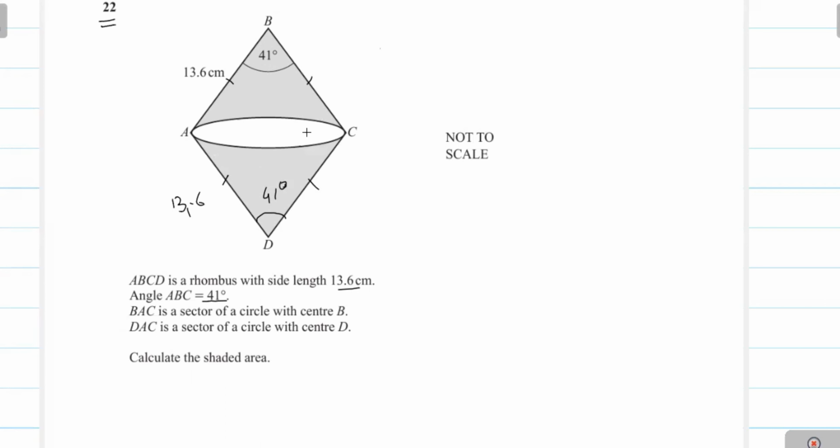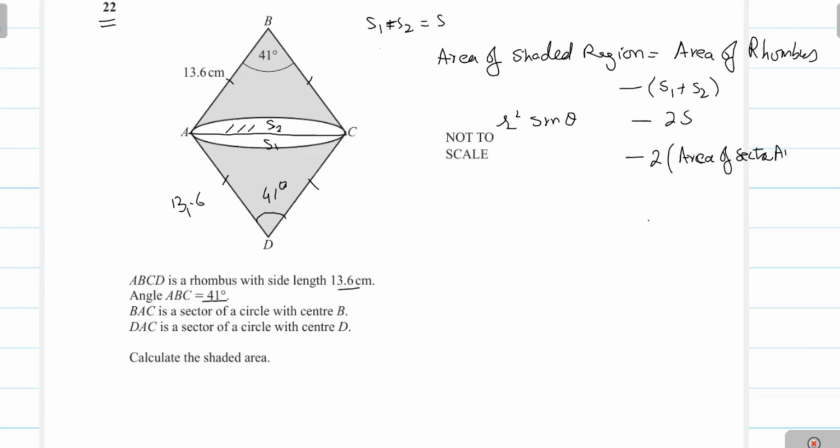Now, the area of the rhombus is equal to r square sine theta. Now the area of the segment, this is the segment S1. You see here the segment S1, we can write as the area of sector ABC minus the area of triangle ABC. We can write this area of the shaded region is r square sine theta minus 2 times the area of